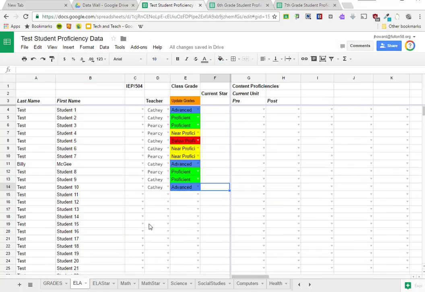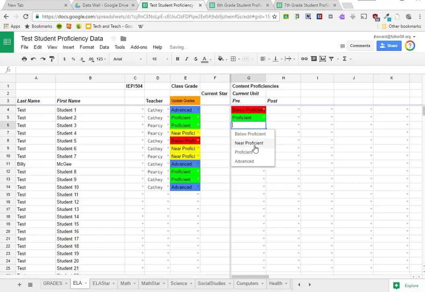The next thing we'll talk about is the content proficiencies. This is going to be the way you do your data cycles. And this is not pasted to the front page. This is just for you to use as a team to do your data cycle process with. As you work through units, you need to come in and code your pre-test data